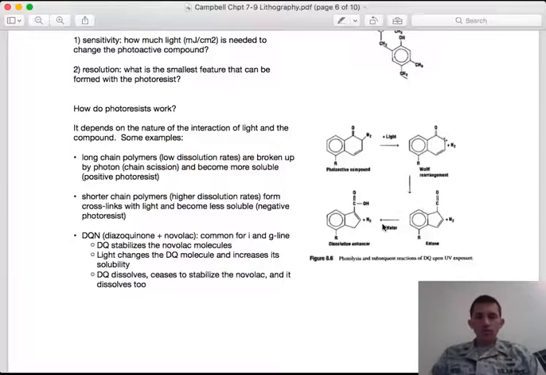You could also, in a negative photoresist sense, imagine a molecule that had a rearrangement that, instead of increasing its solubility, decreased its solubility. Then you'd have the same basic mechanism, but producing a negative photoresist where after light exposure it is less likely to be removed. And so, for positive versus negative photoresist, you could use either, but you would need a mask that